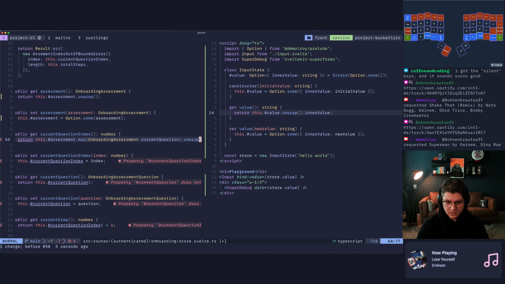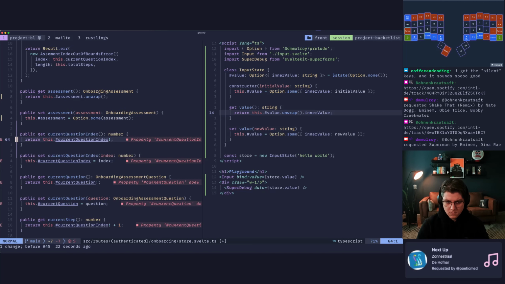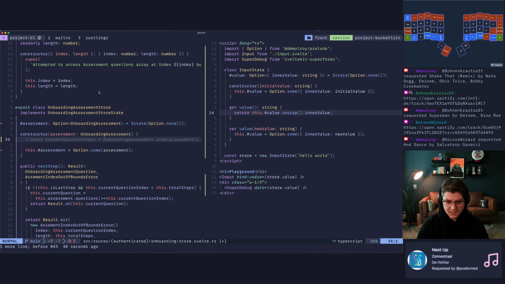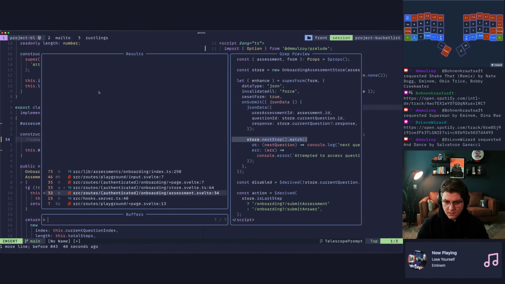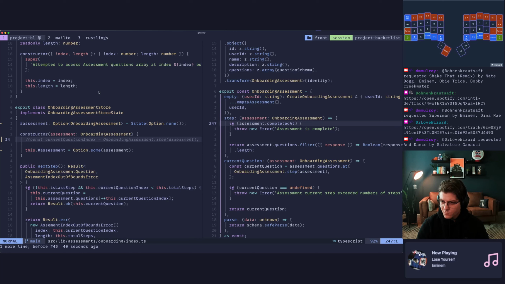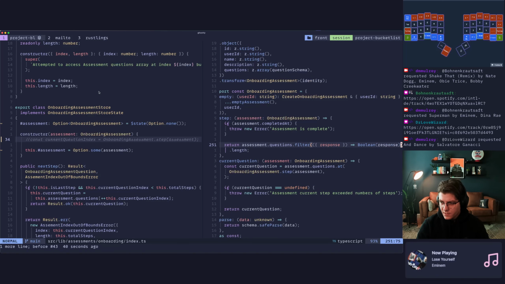Oh no, this is not it. This is not right. How was I doing this before? Dot step. Is that how that really works? That feels like that's going to give me a 1 based index. So how does step work? So we check that it's not completed at, and then we say questions we filter, and we keep all the answers that have a filled in response.